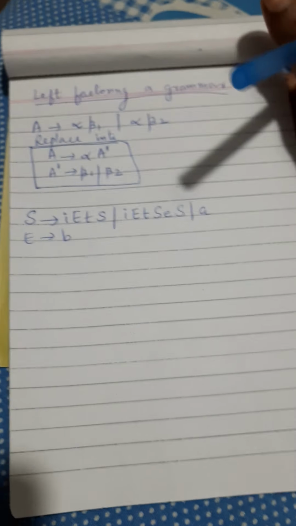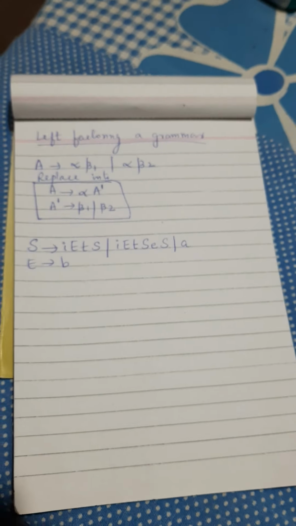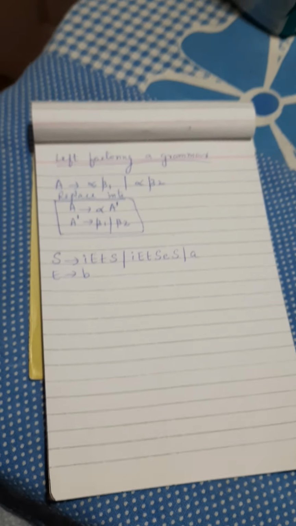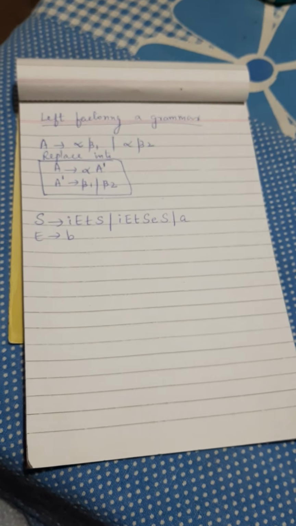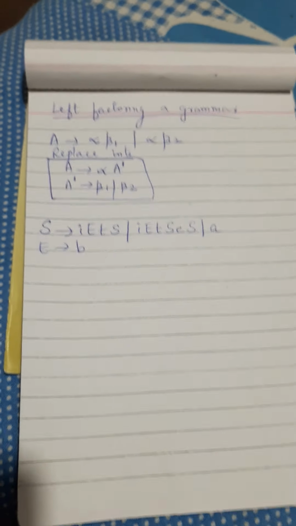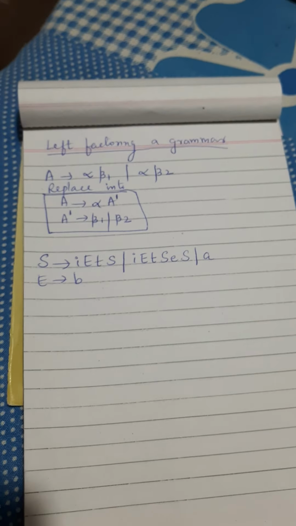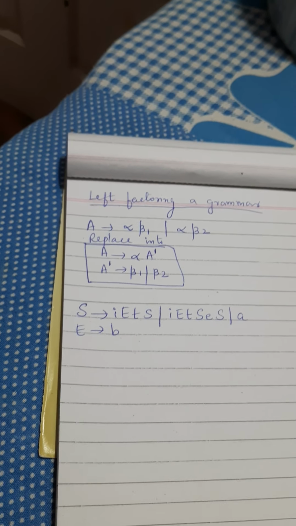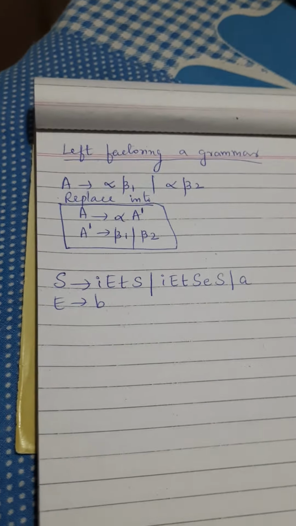So why you have to do all these things is you have to make the grammar suitable for your top-down parser. So top-down parser has some restrictions towards the grammar. To meet those restrictions, we are going to eliminate the left recursion, and there is one more thing you are supposed to do, that is you have to left factor the grammar if leftmost common factors are there.